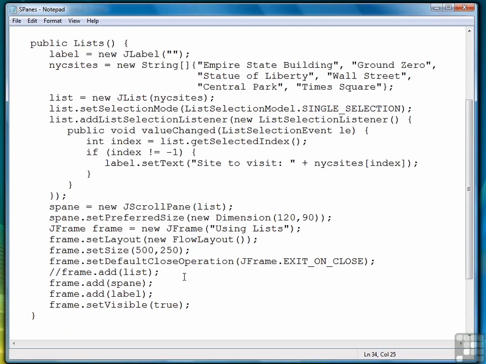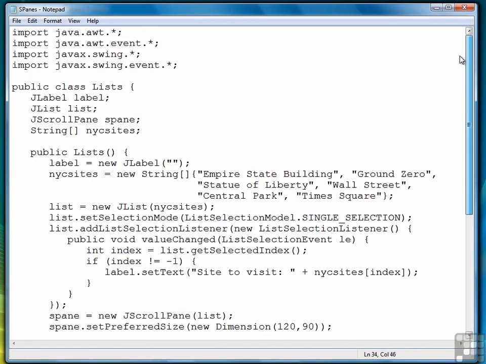And that's actually our list. So you can think of it as adding the list to the frame. Even though we say we're adding the scroll pane to the frame, we're actually adding the list because the list now includes the scroll pane. That's a little confusing. Now the other thing we need to do is come up here and